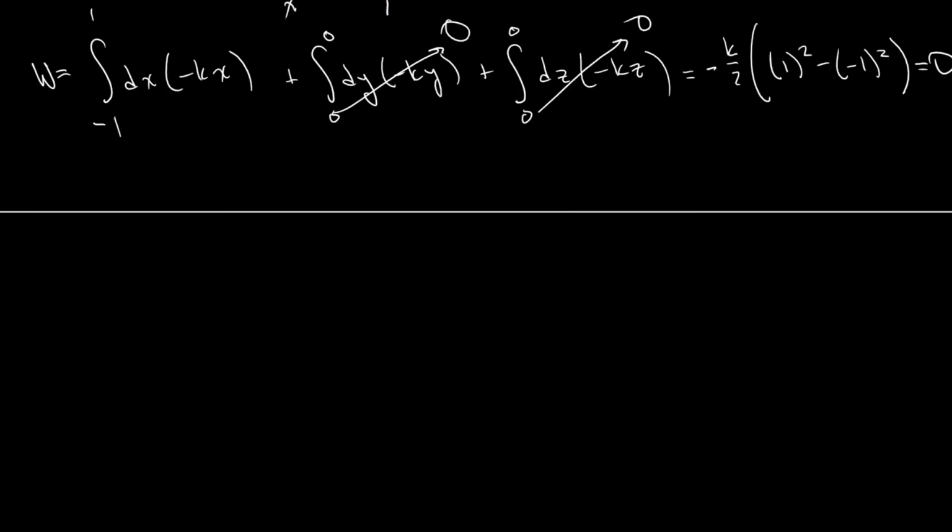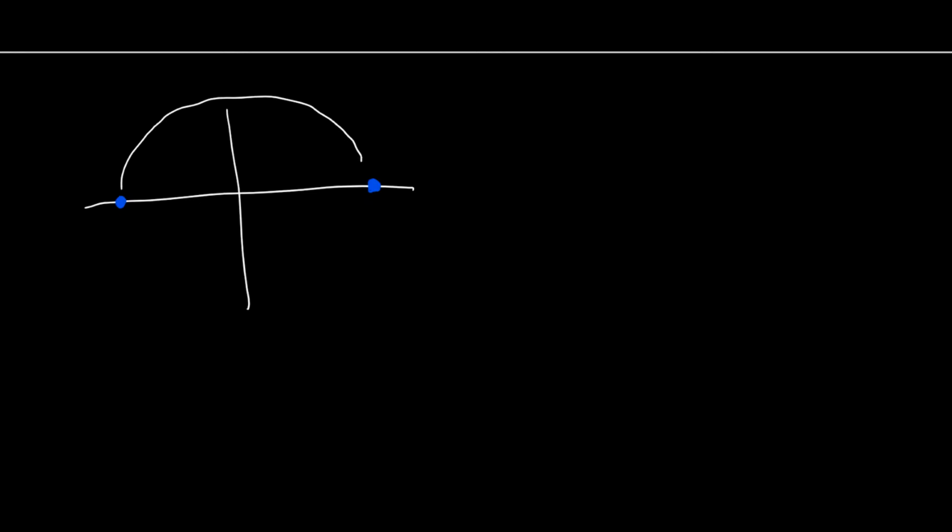Okay, just to make sure we're not crazy about this, let's consider one final case, and also talk about something interesting while we're doing so. In this case, I'm just going to draw the xy plane. We're going to assume that it always stays in the xy plane, never moves in z. So again, we'll start and end at the same point, here and here. But now let's take a circular path. If I can draw a circle, hopefully. So this is going to be our path now.